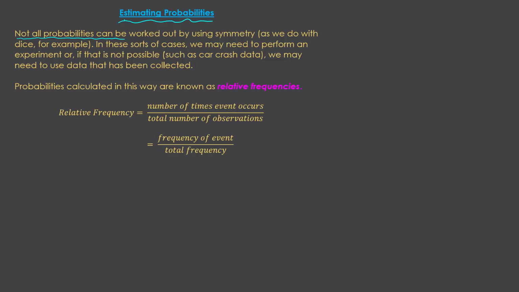Not all probabilities can be worked out by using symmetry, as we do with dice, for example. When we have a standard fair cubical die, we know that that die has 6 sides. Therefore, we say the probability of any one particular side coming up is 1 in 6. So that's using symmetry. In these sorts of cases, we may need to perform an experiment, or if that's not